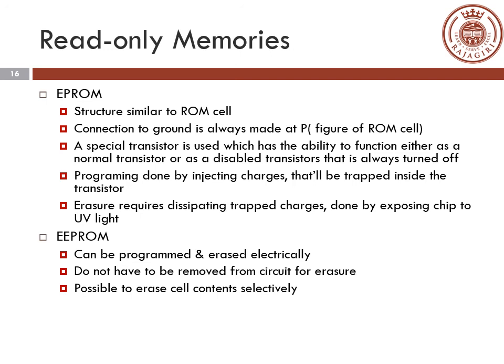As I showed you in the diagram, in this memory chip, if you want to erase the data, if you want to dissipate the charges stored inside it, you have to expose this chip to UV light. That's how the EPROM structure works. The disadvantage is that if you erase this memory structure, all the cells inside it will get erased. You do not have a provision to individually erase a particular block or a particular cell.